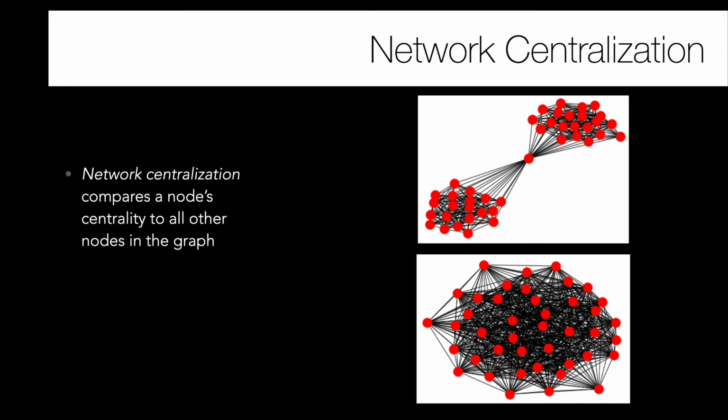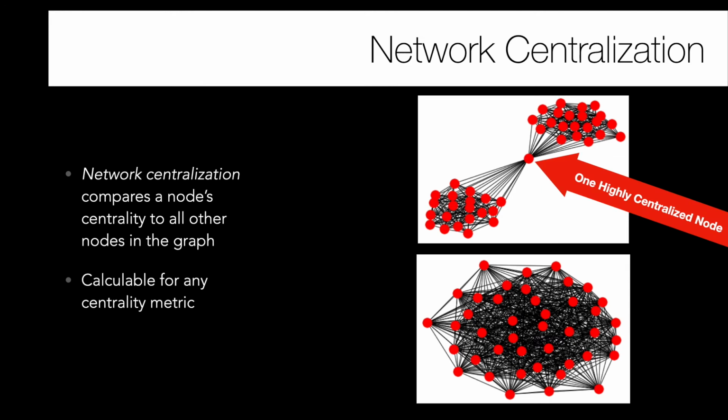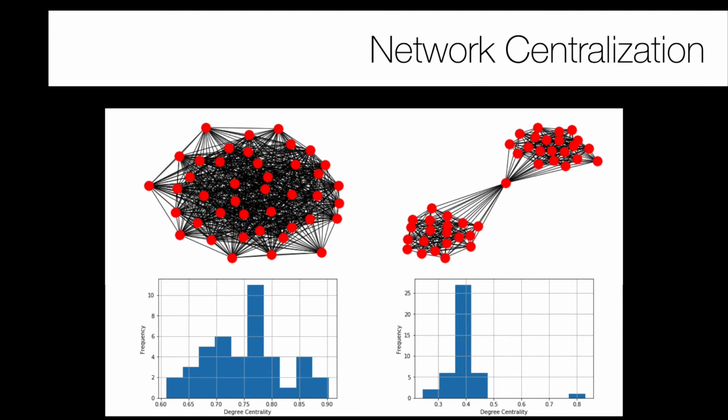We talk about the centrality metric of a given node compared to the other centrality metrics of nodes in that graph. So we can do this for any centrality metric that we have, or even ones that we haven't discussed. But the idea here is, in some qualitative way, this one highly centralized node in this top graph is very different, or its centralization is more important, than any node in this graph on the bottom, where all of those nodes are probably relatively close in terms of their centrality metric, but this node on the top in the middle is probably very different than all the other nodes in the graph. And we can see this in looking at